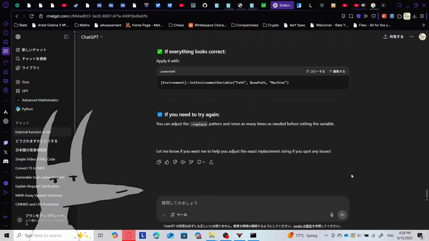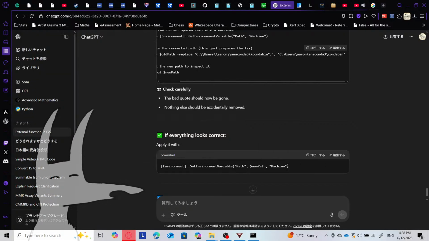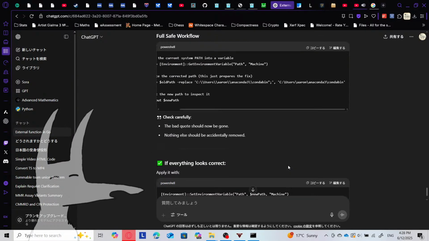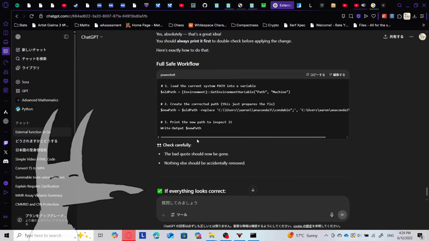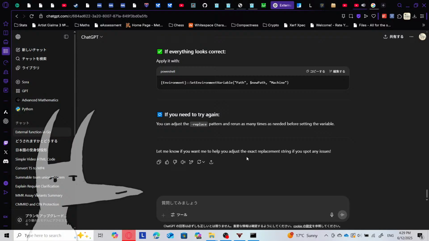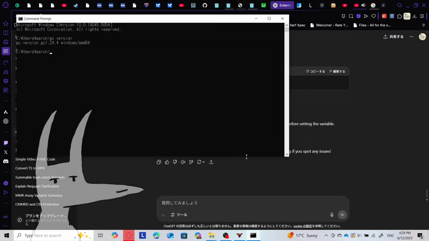Let's go. Okay. I've never been so hyped because whenever I install something, sometimes it just doesn't work because I try to add it to the path and then it just doesn't work, so I have to come up with these workarounds. But now I know what the problem is and it's fixed, and I won't ever encounter the same issue again because ChatGPT saved me. Okay, that's cool. Anyways,